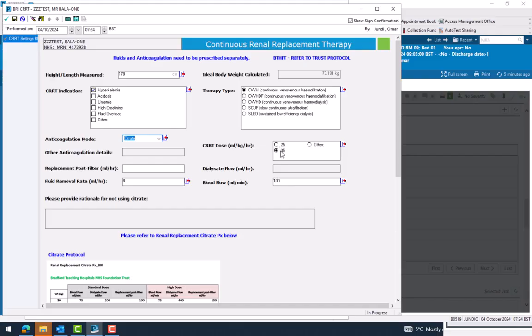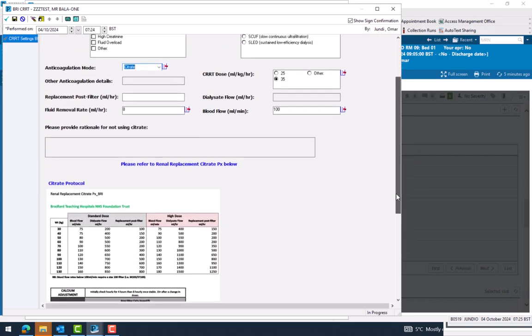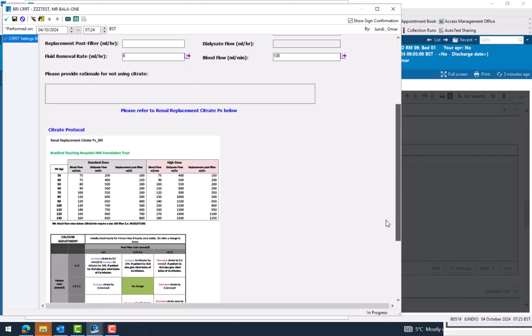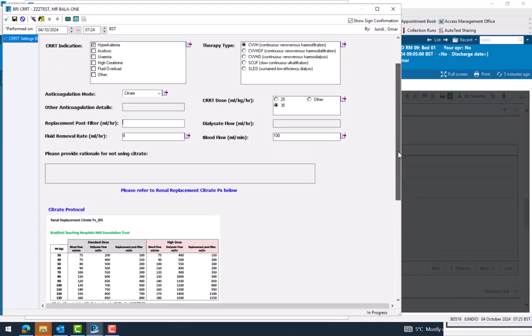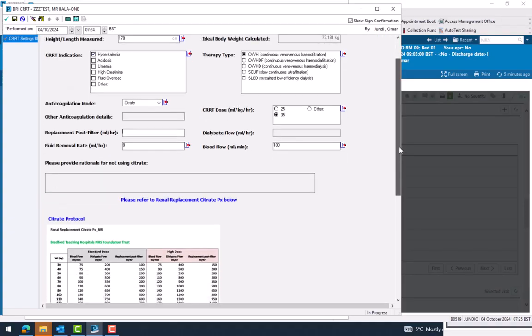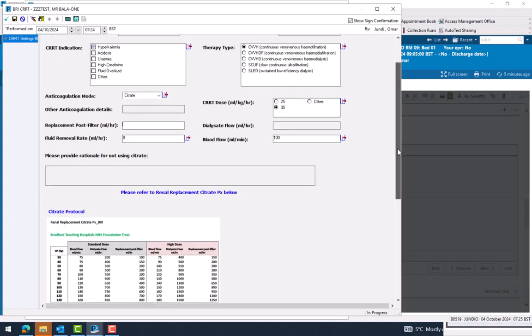And then you type in the dose. So that'll be 25 mils per kilogram per hour or 35 mils per kilogram per hour. You can also have other, but it's going to be very unusual that you want to do that. And then we've put the protocol here for the prescription for the renal replacement therapy. So you can then just type in the dose depending on the weight. It doesn't calculate it automatically, unfortunately. So if we assume that this patient has an ideal body weight of nearly 70, then the